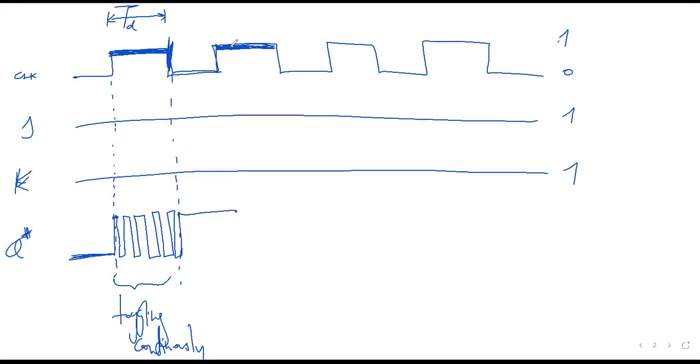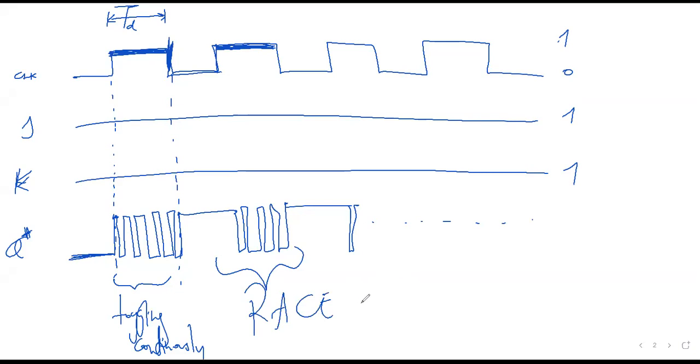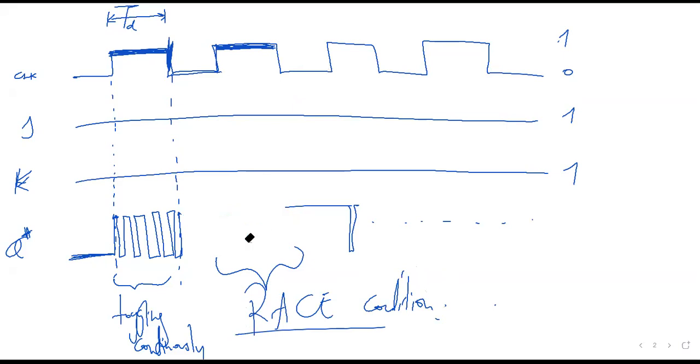Then when the level triggering happens again, I have the toggling again, 0, 1, 0, 1, memory, 0, 1, 0, 1, etc. This is not required. We only require toggling. This is what we call the rest condition. Toggling continuously, we don't need this. Rest condition, we don't need this. What we need is toggling. This is the rest condition. What we need is toggling. What we need is a case where